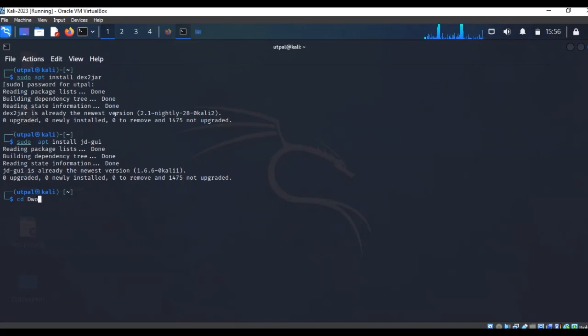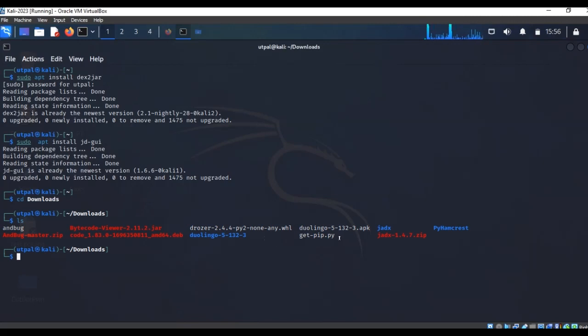downloads folder and check for an APK file, right? So this duolingo.apk is still there. I'll have to convert this APK file. The APK file has the dex contents, so I'll use the command dex2jar on duolingo.apk to get a jar file. If I type just dex2jar duolingo.apk, it will not do the